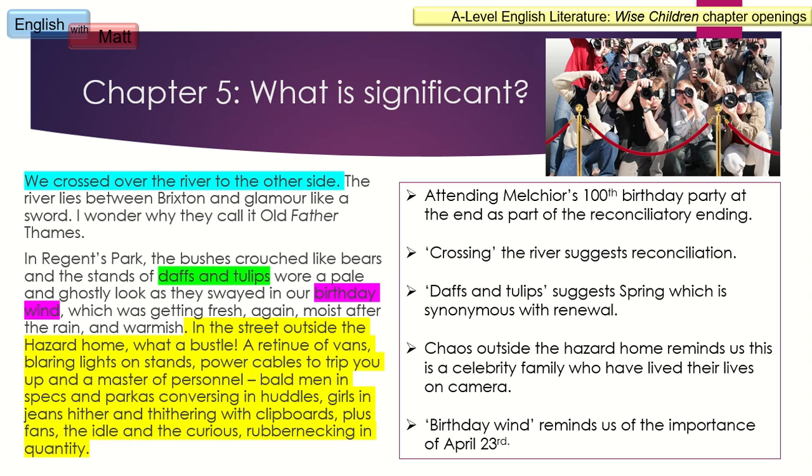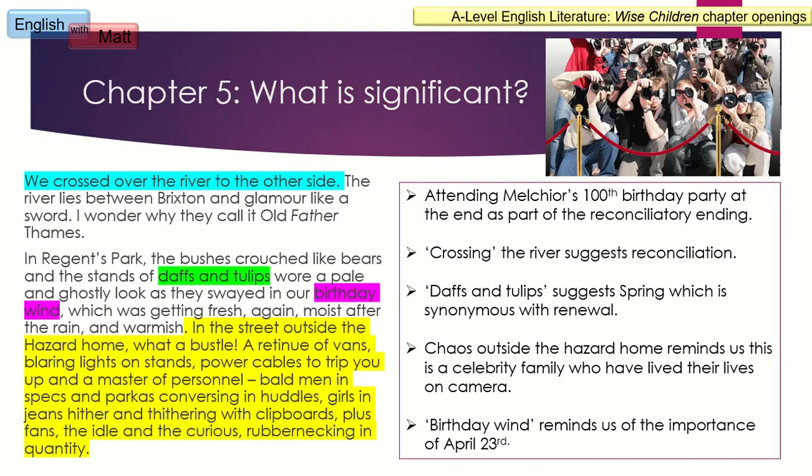Daffs and tulips tell us that this is spring, and spring, of course, is often about renewal and rejuvenation. And comedy can often have a rejuvenating force if you think about the way Peregrine and Tiffany come back to life in this chapter. Very much to do with that sense of renewal. That in this novel, even characters that we have thought have perished come back to life, meaning that death is not the end. And that really does create a celebratory atmosphere at the end, if not quite absurd.